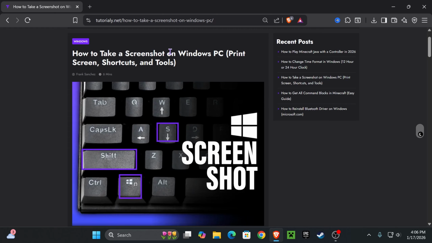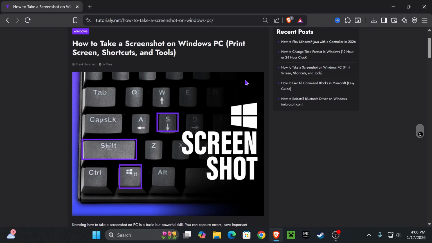I'm going to teach you how to take screenshots on a Windows PC, multiple ways of doing it, multiple useful